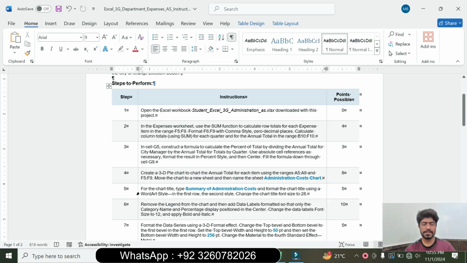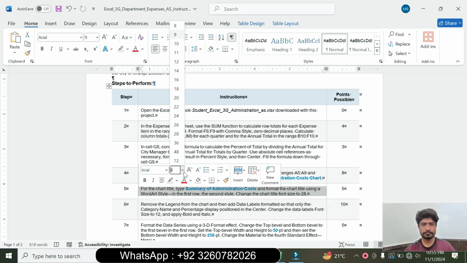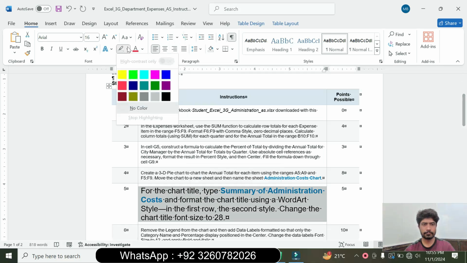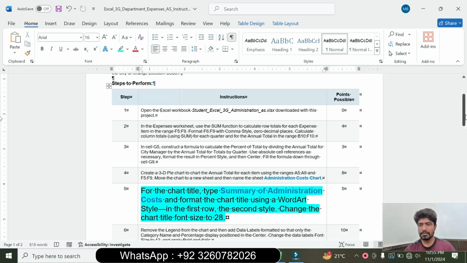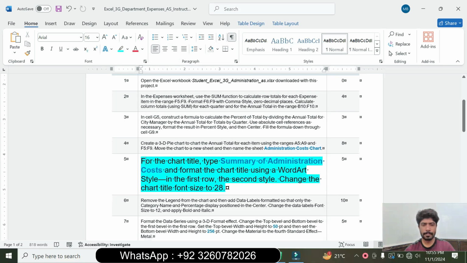We can move to question number 5. Question number 5 is: for the chart title, the summary of administration cost, format the chart title using the WordArt style, first row, second style. Change the chart title font size to 28. Copy the chart title, summary of administration cost,